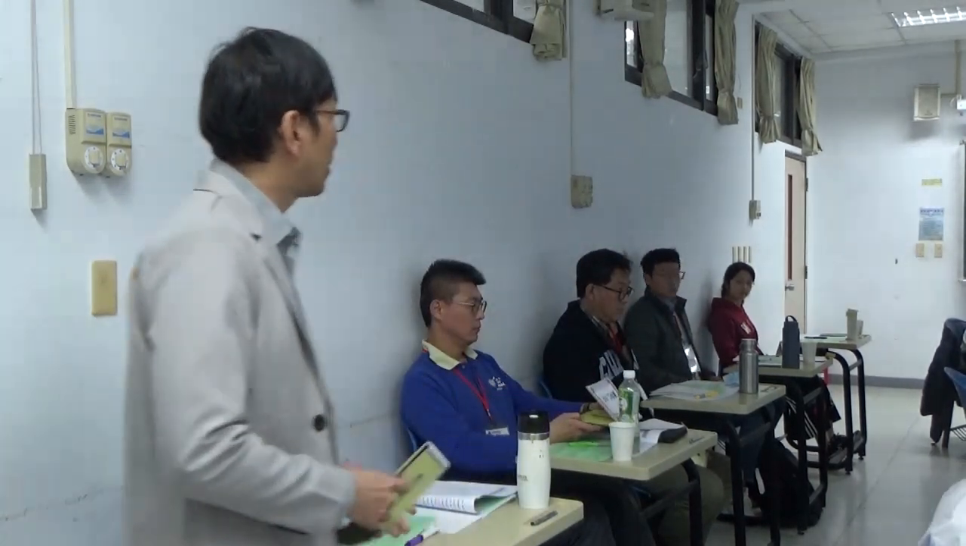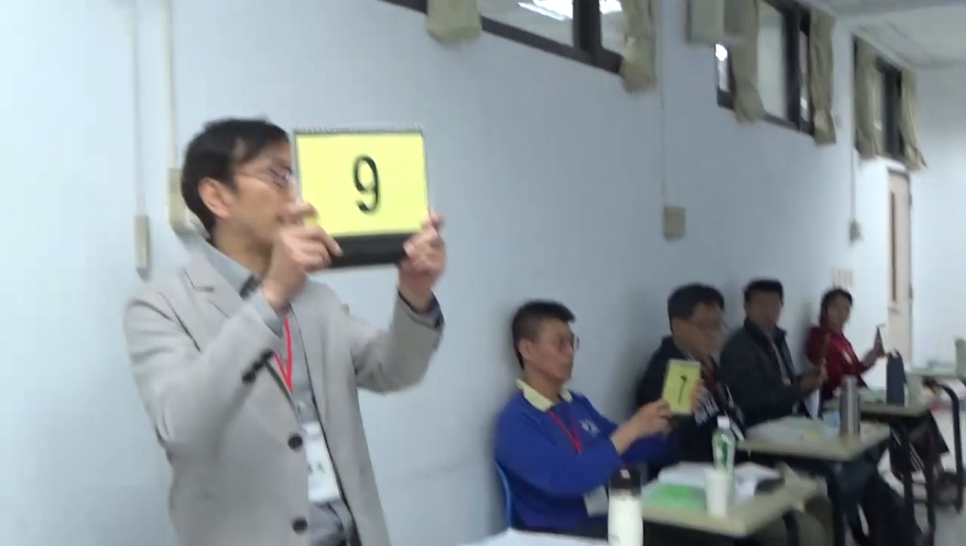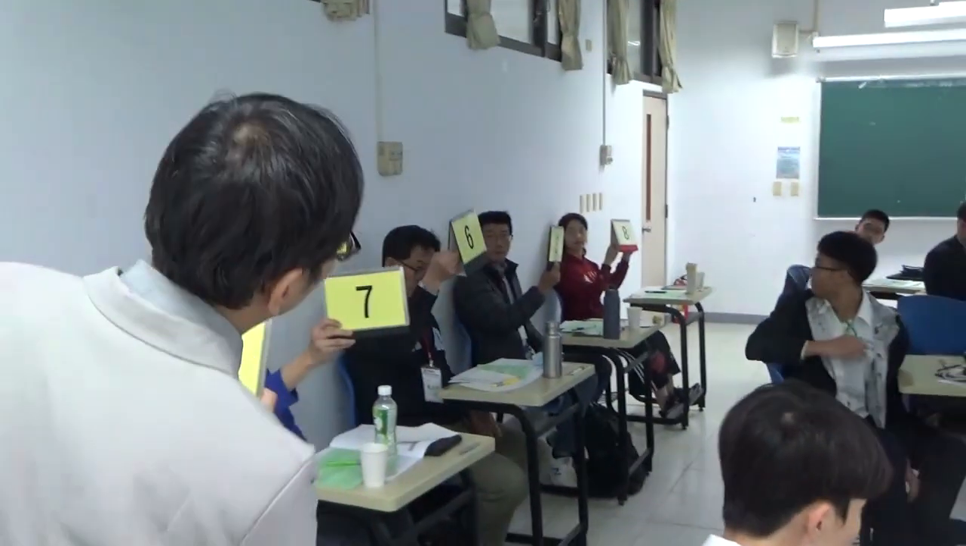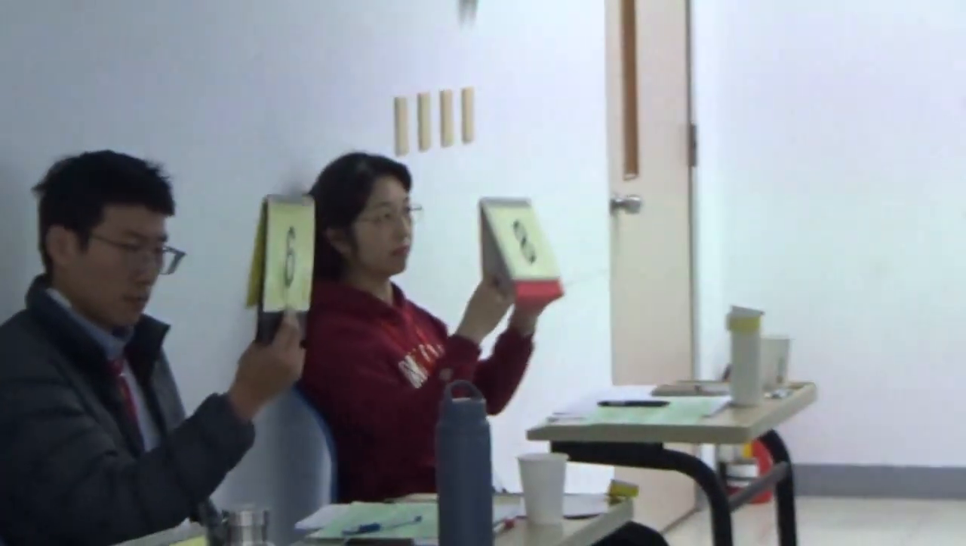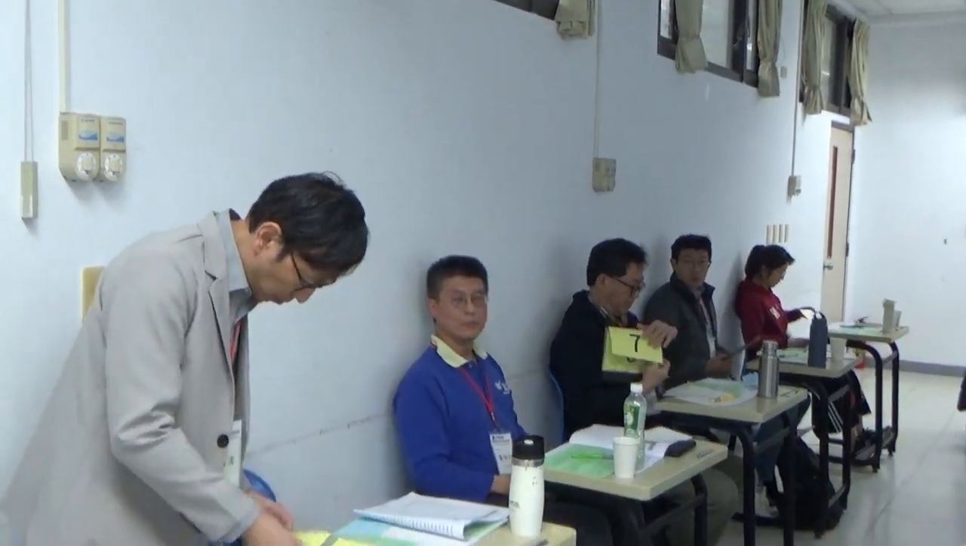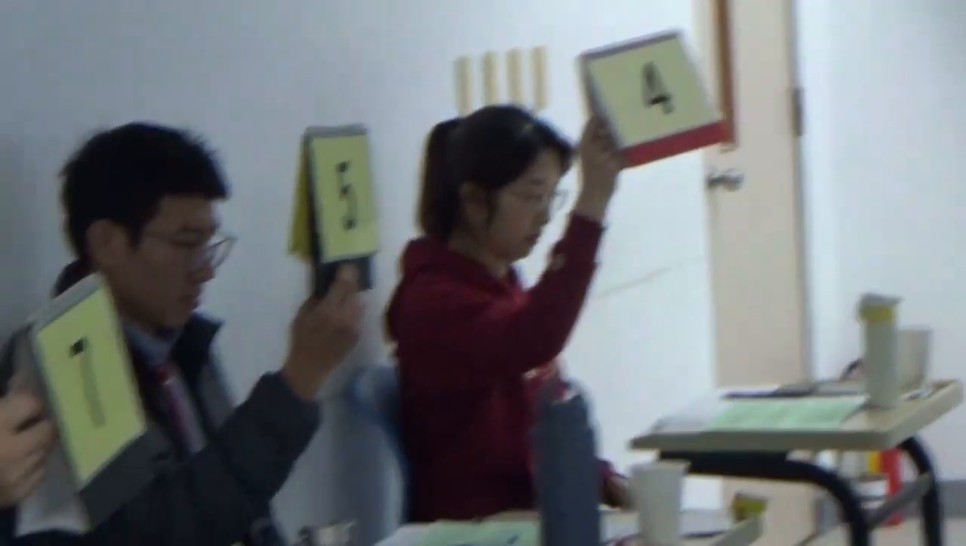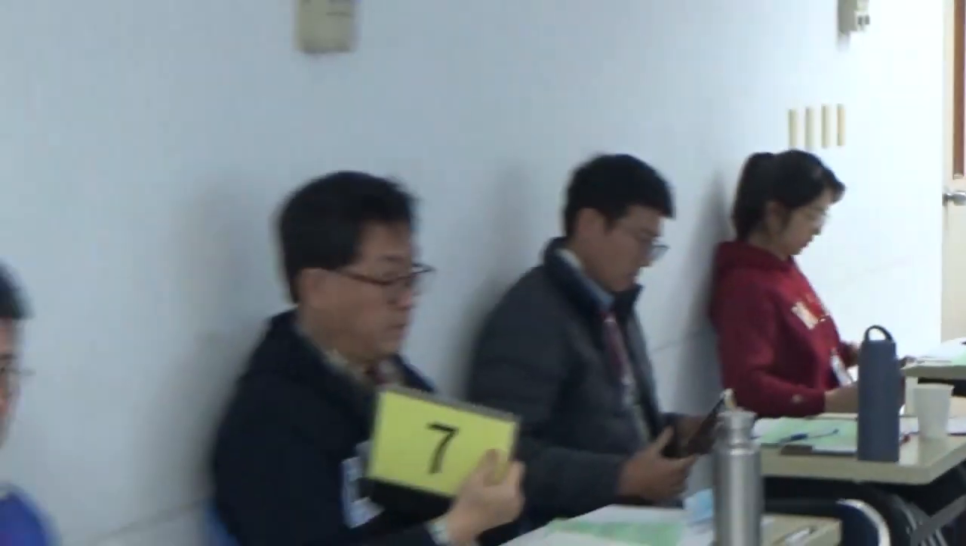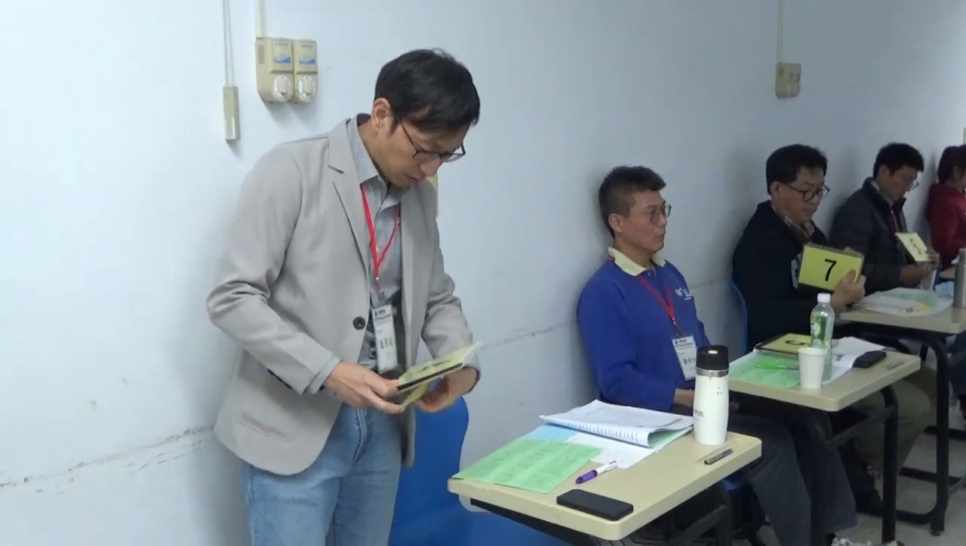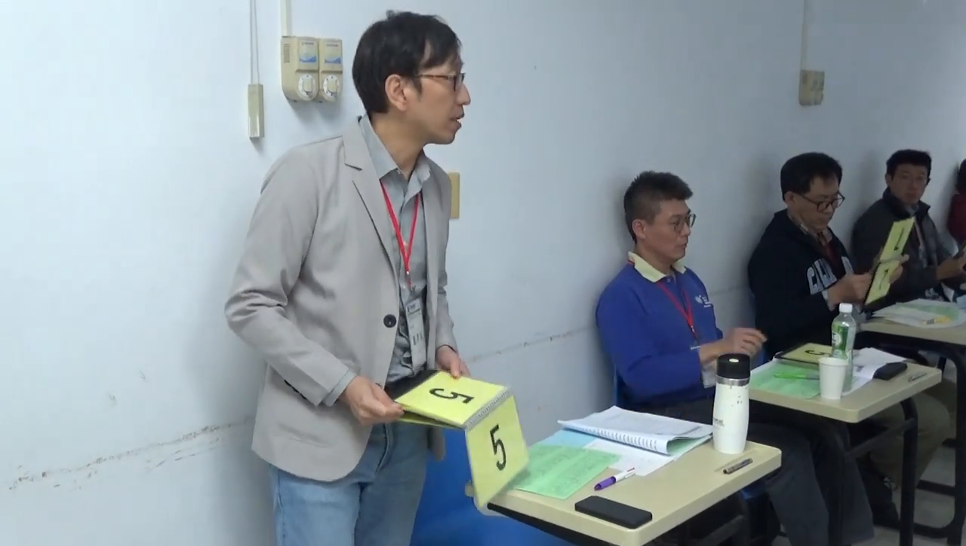Okay, so for the reporter: 9, 7, 6, 6, 8. For the opponent: 4, 5, 7, 5, 4. For the reviewer: 5, 5, 6, 5, 6. Okay, so